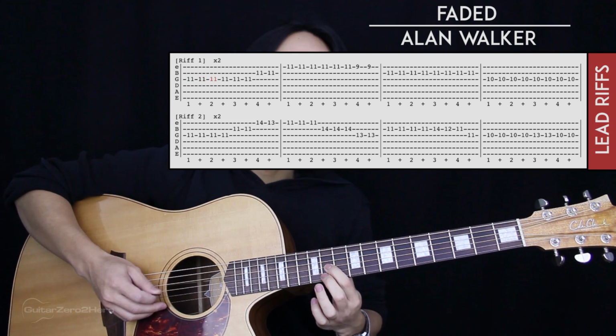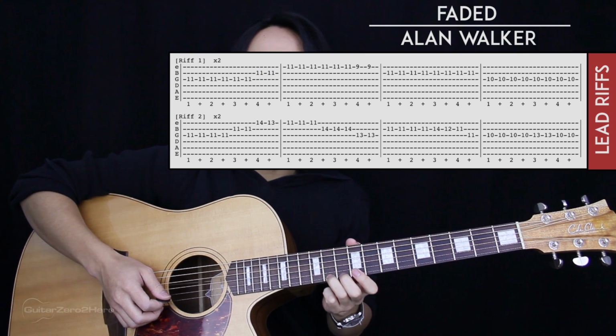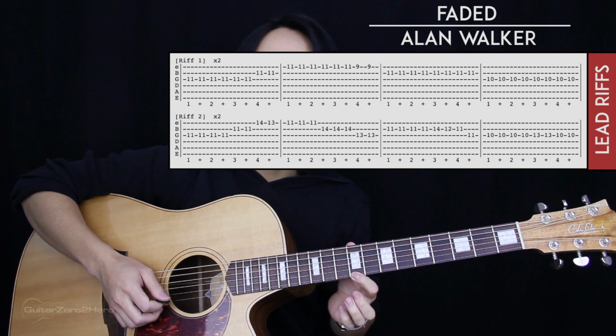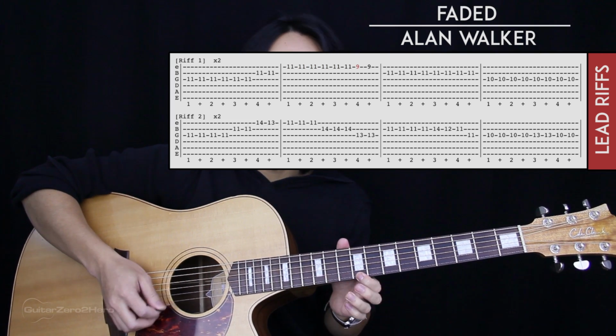1 and 2 and 3 and 4 and... And then with our ring finger, we'll go to the 11th fret of the 1st string, hit that 6 times, and then with our index finger, 9th fret of the 1st string, and hit that twice. So that second bar sounds like this. 1 and 2 and 3 and 4 and...